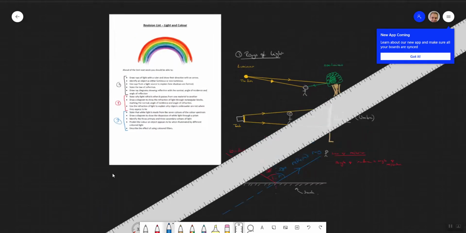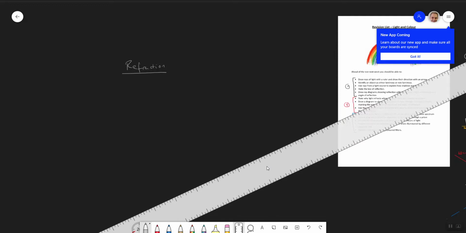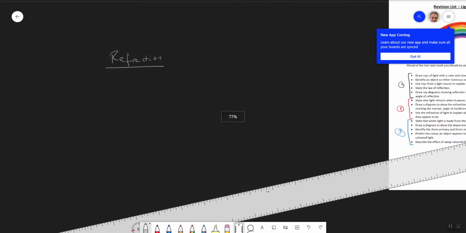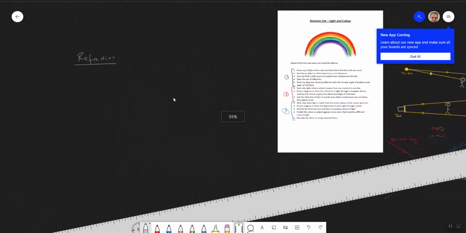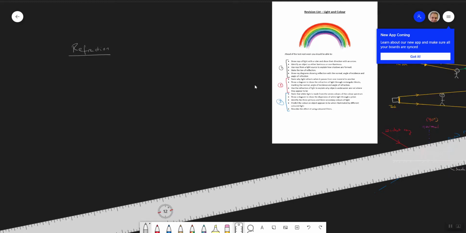Let's move on to section 2, which is refraction. Okay, so refraction as a property occurs whenever a ray of light passes from one thing into another. So it's got to pass through a transparent material, and it changes speed. Okay, so as a sort of formal definition, refraction